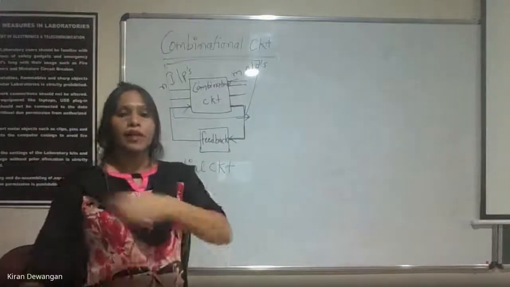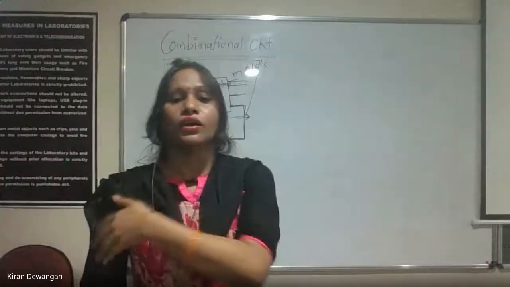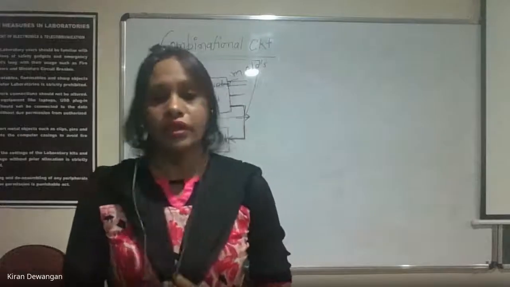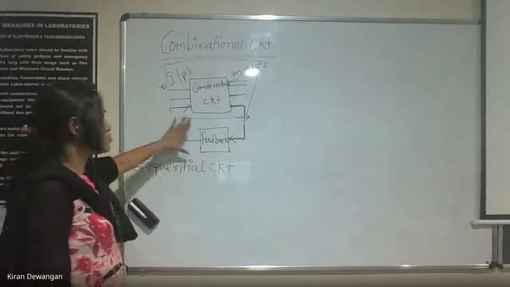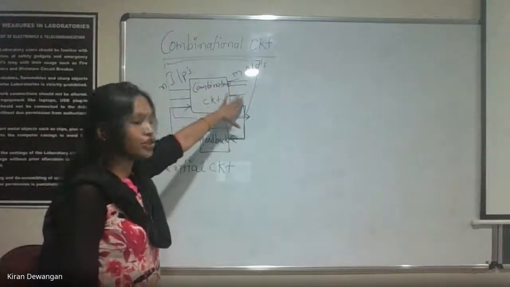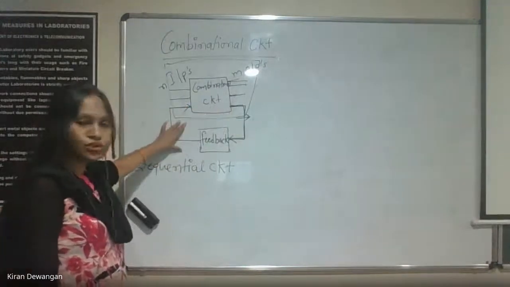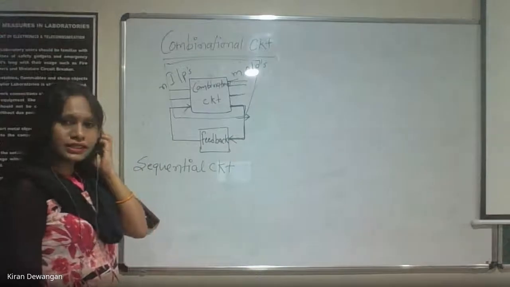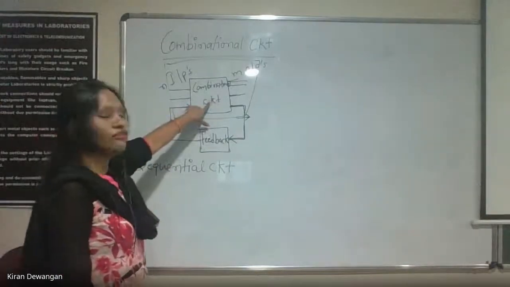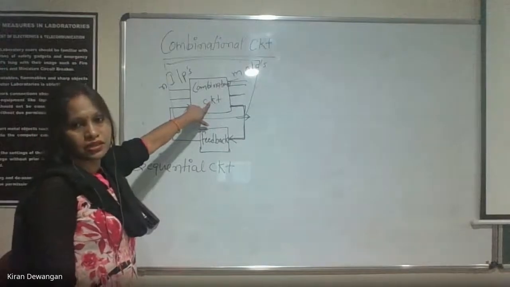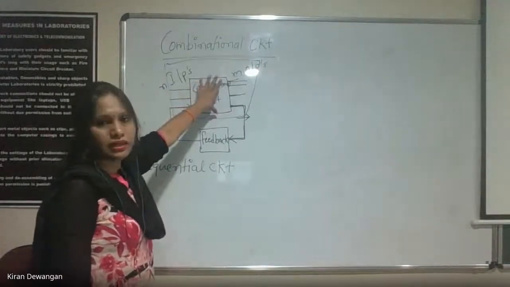What actually happens in the sequential circuit? We have a memory element. मतलब यहाँ पर the previous output is stored here. Previous output जो यहाँ से आता है, that gets stored here, and with the next set of combination of the input, this output is again fed back to the combinational circuit. That is to this particular circuit.